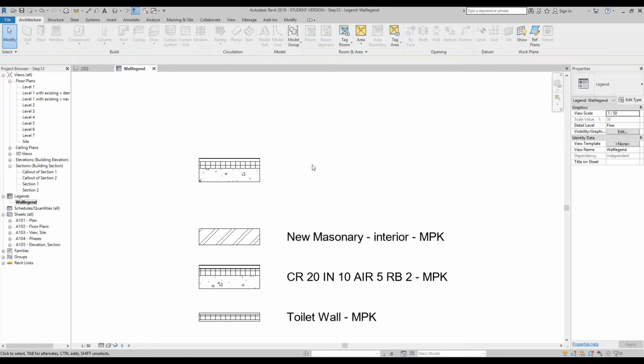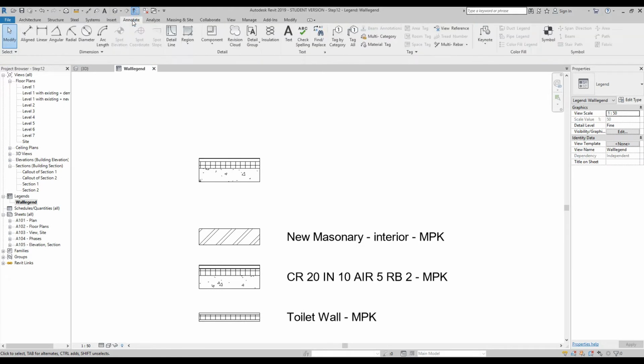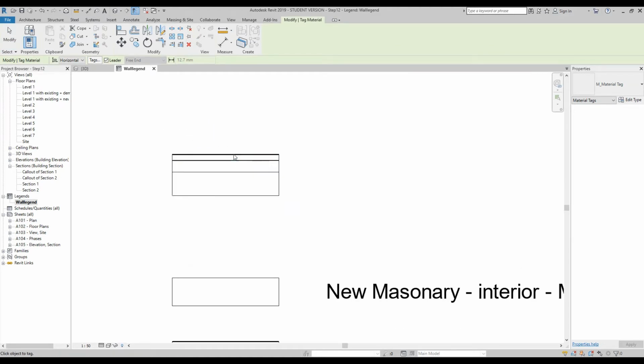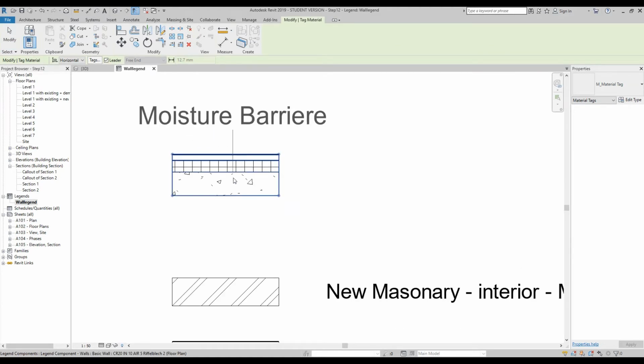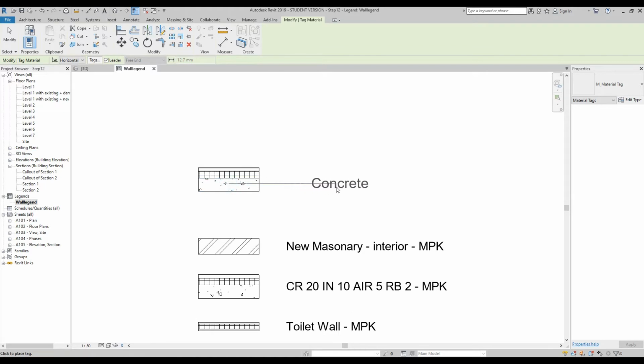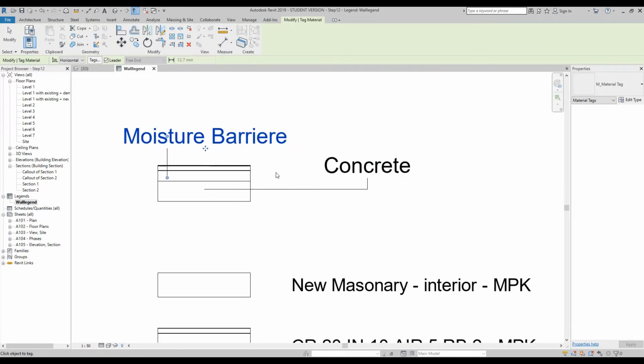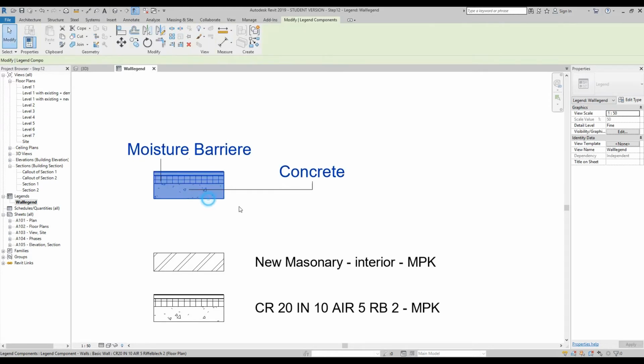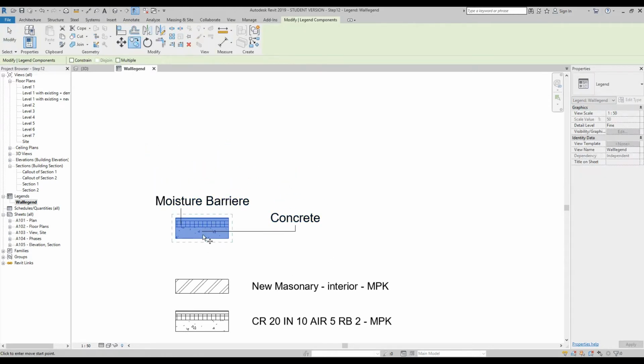and then press escape, and if we go to our annotate tab, and if we go to our material tag which we've previously used, you'll notice that whatever we hover on, it will give us the annotation. So we can click here and then here, etc, etc. Now, using the same wall and copying it up one more time,